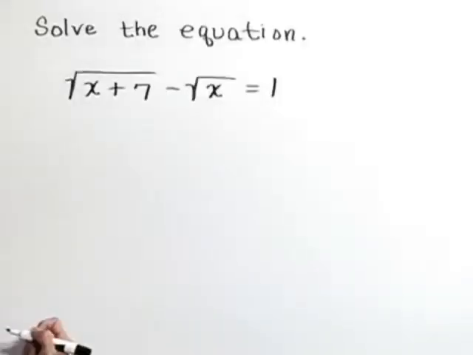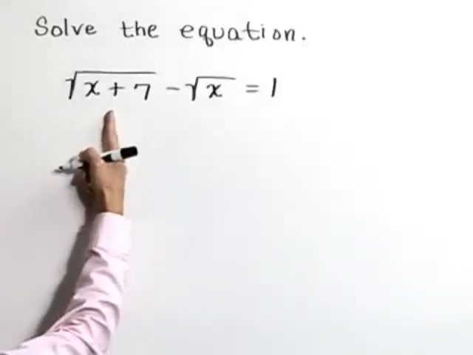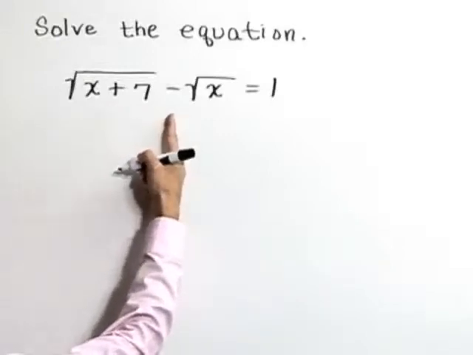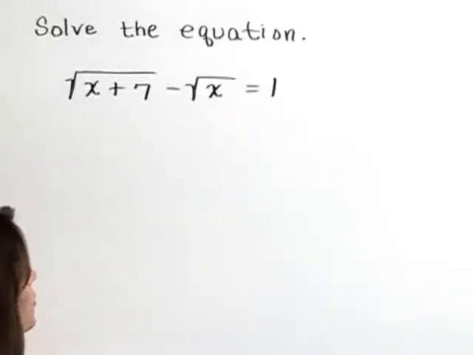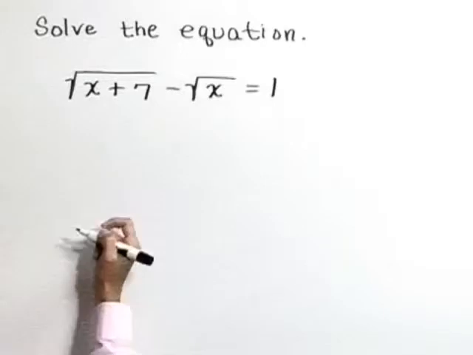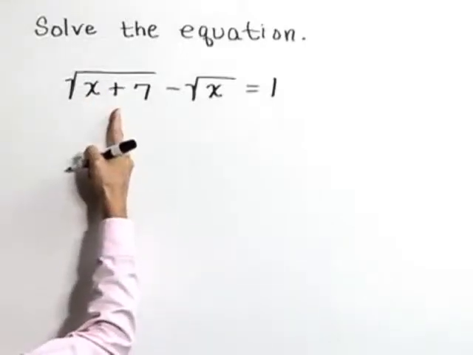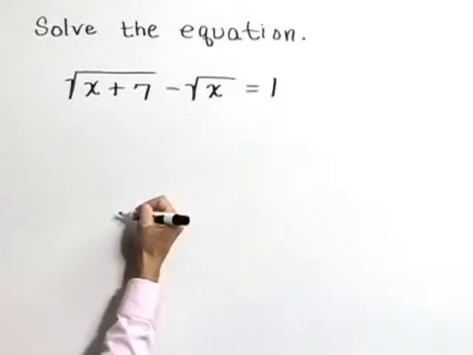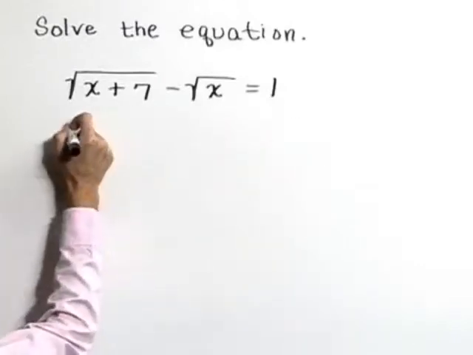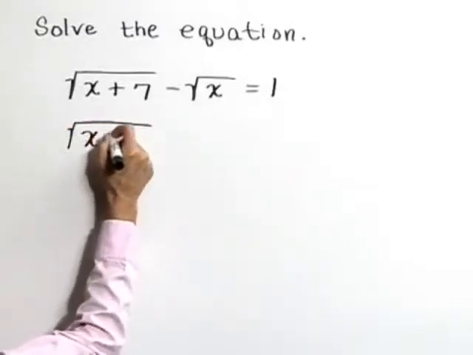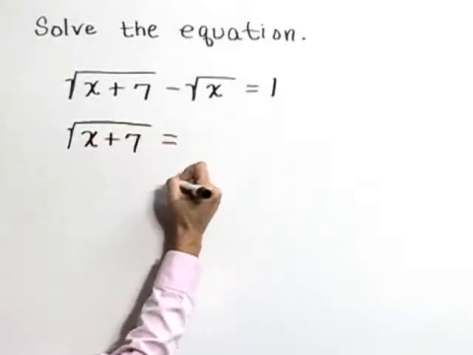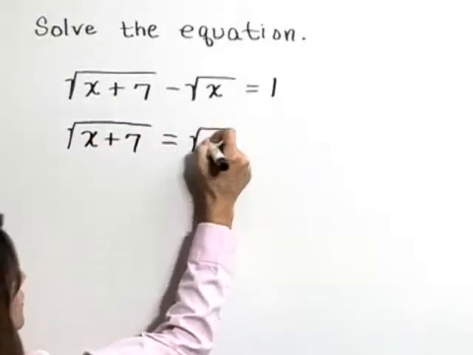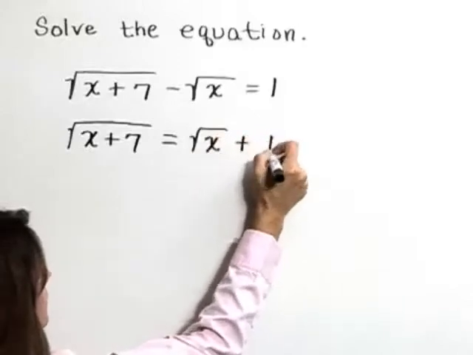Solve the equation. The square root of the quantity x plus 7 minus the square root of x is equal to 1. Let's begin by isolating one of these radical terms. So I'm going to add the square root of x to both sides. Thus we have the equation the square root of x plus 7 is equal to the square root of x